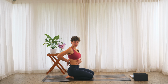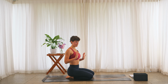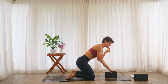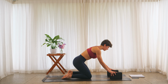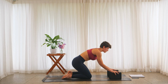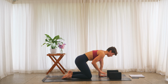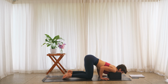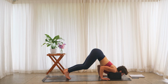A lot of strength in the back body, a lot of pressure on the neck and the hands. If you did have blocks nearby, I would highly, highly recommend you use them. And you can start with the blocks on the mid-level or the lower level, up to you. Hands come behind the blocks, and you want to make sure the blocks are shoulder width distance because you're going to bring the shoulders down onto the blocks. And then you're going to